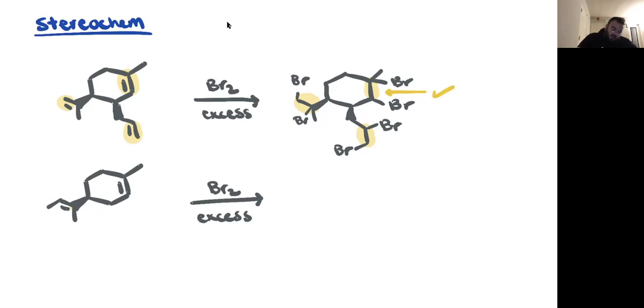Next one, we see that over here, we got 1 new chiral center, being this guy over here, highlighted in green. Cool. So because of that, yep, we count that towards our 2 to the n count, like we had over here earlier. And for this one over here, we do also have 1 new chiral center, but just 1. Whether it's 1 or 2, that still counts towards our